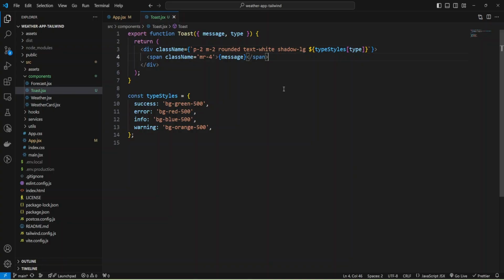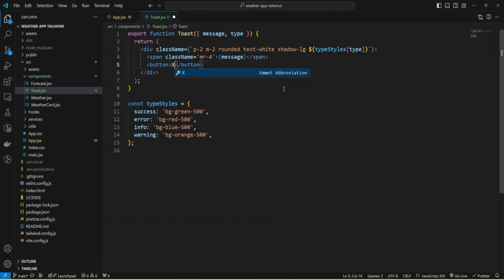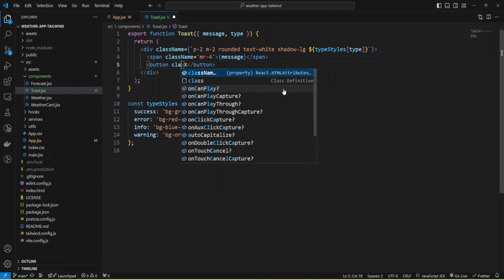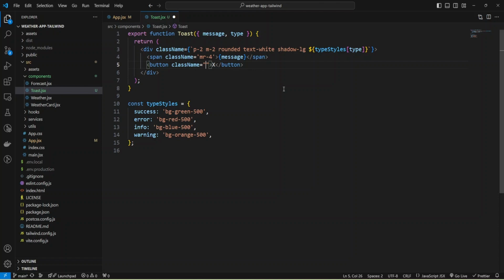And now let's add close button. I'm going to add button, and it will be X. And let's add class name, background transparent, and this will set background as we have in container.